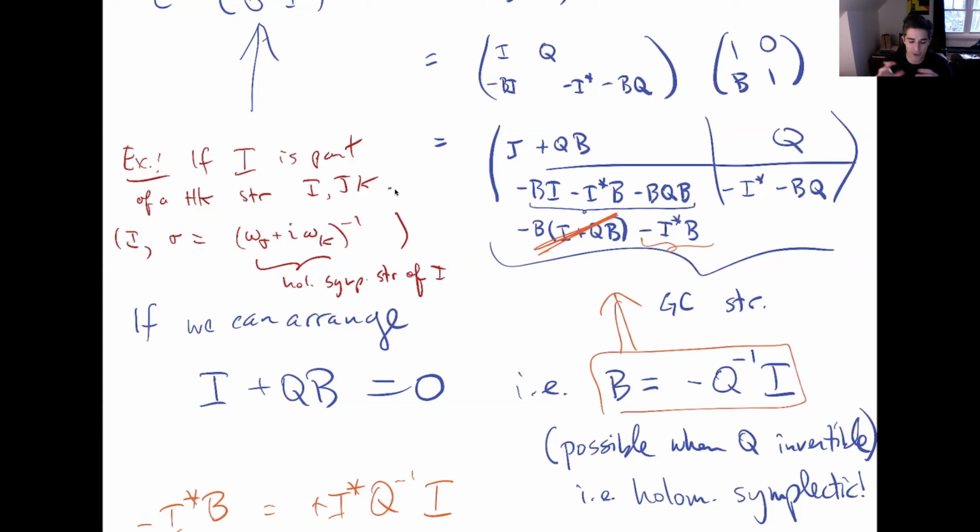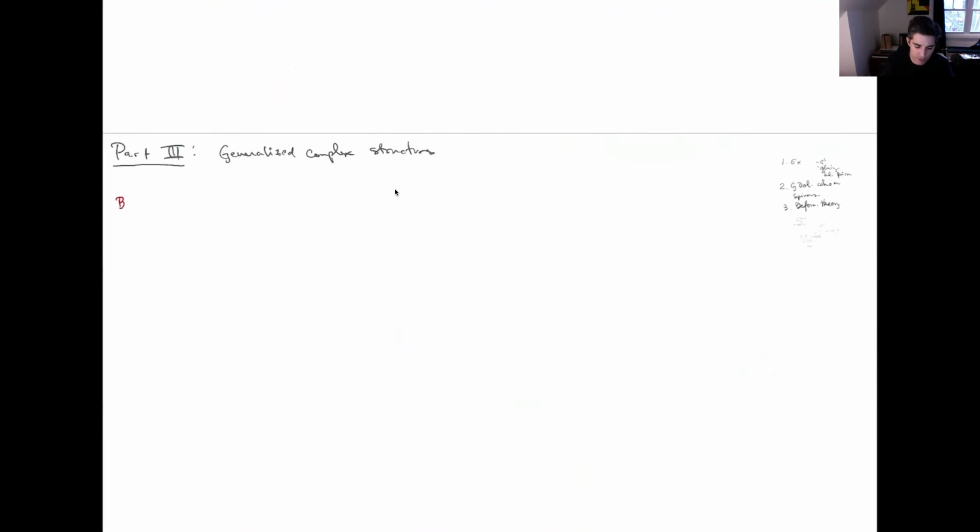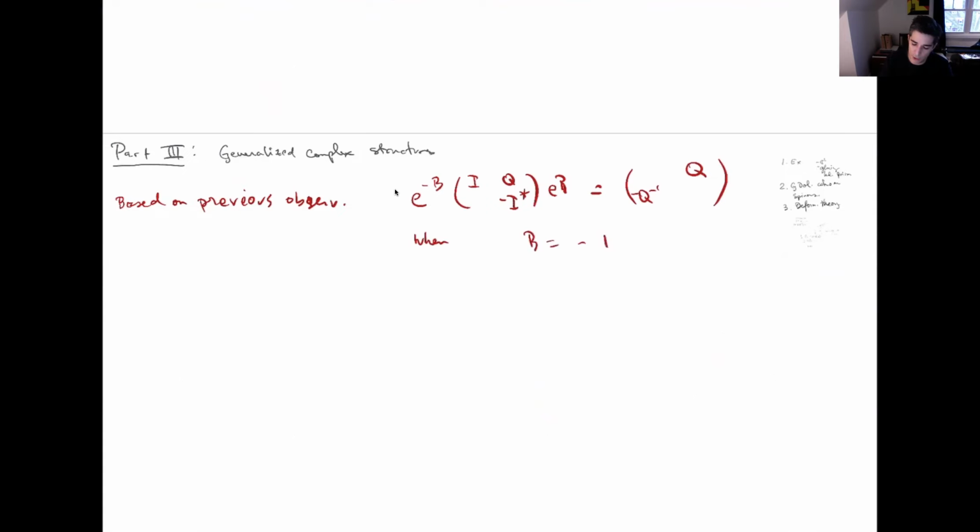So on the entire manifold. Okay, so based on the previous observation that this is equal to Q inverse Q, when B is equal to minus Q inverse I, we conclude that on a hyperkähler manifold